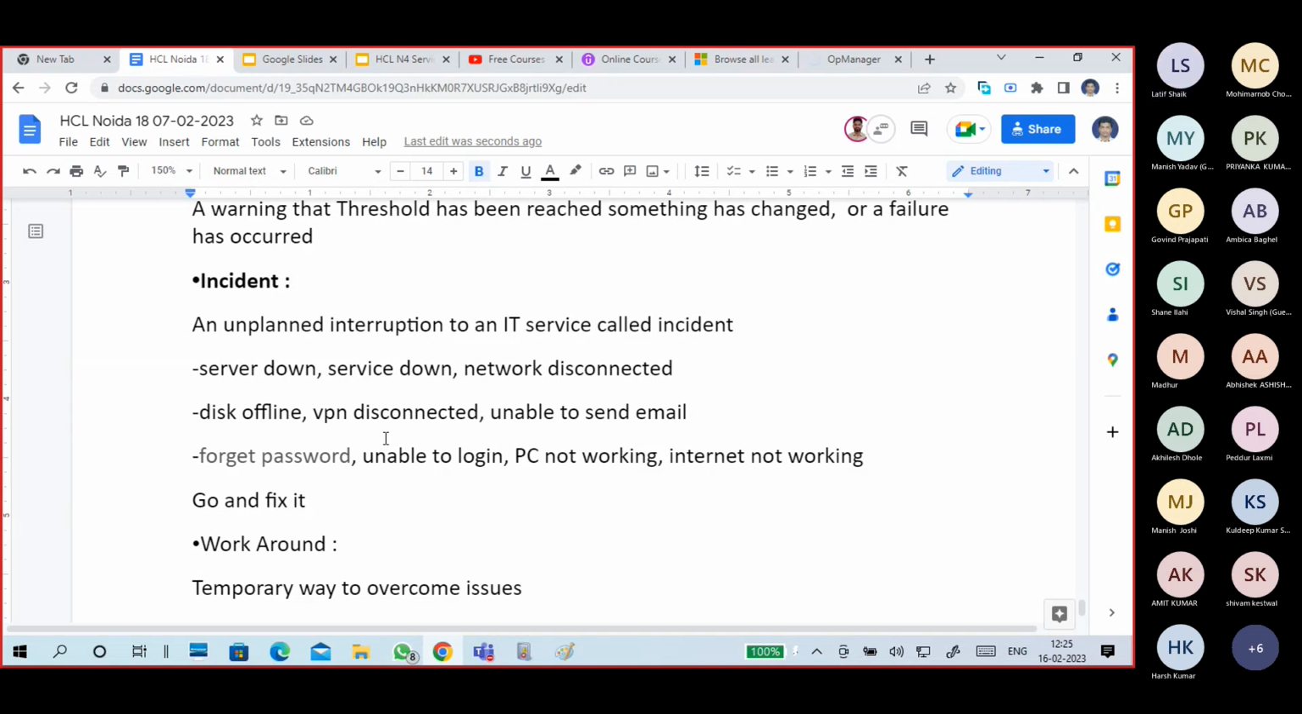Examples are network disconnected, disk offline, VPN disconnected, unable to send a mail, unable to log in, PC not working, internet not working. Forgot password is not an incident, guys. Okay, if any incident occurs,